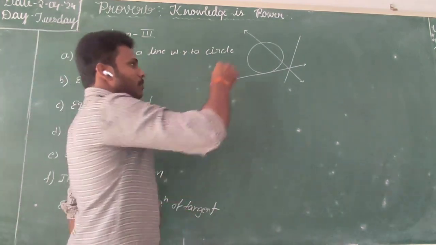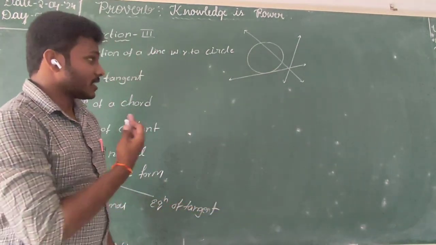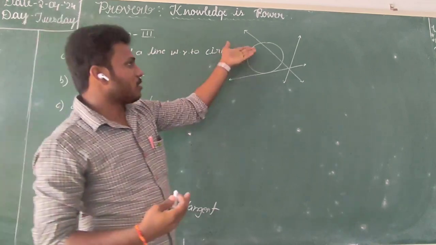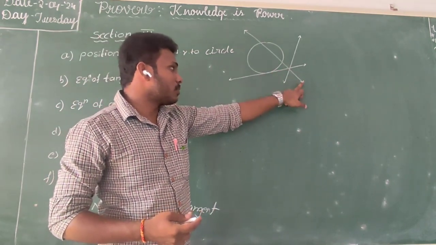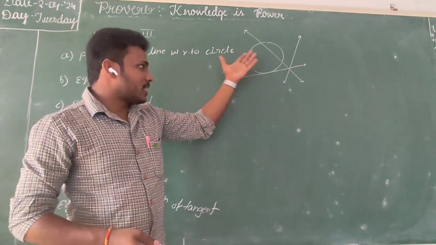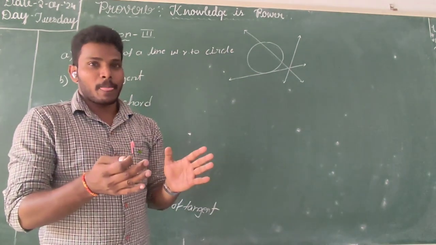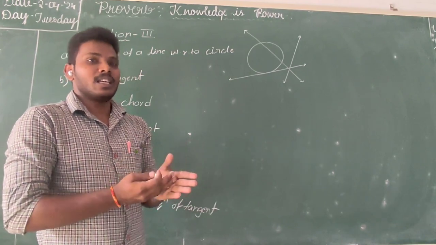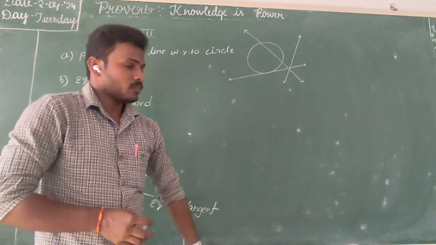What are the 3 possibilities? Maybe the line does not touch the circle. Otherwise, the line touches the circle, or one more chance, the line intersects the circle. That's why if a line becomes a secant, or becomes a tangent, or is just a line to the circle. So just compare the given line to the given circle. What is the position? It may not touch, touch or intersect. So out of these 3, any one definitely holds. So we need to find the condition for this property.